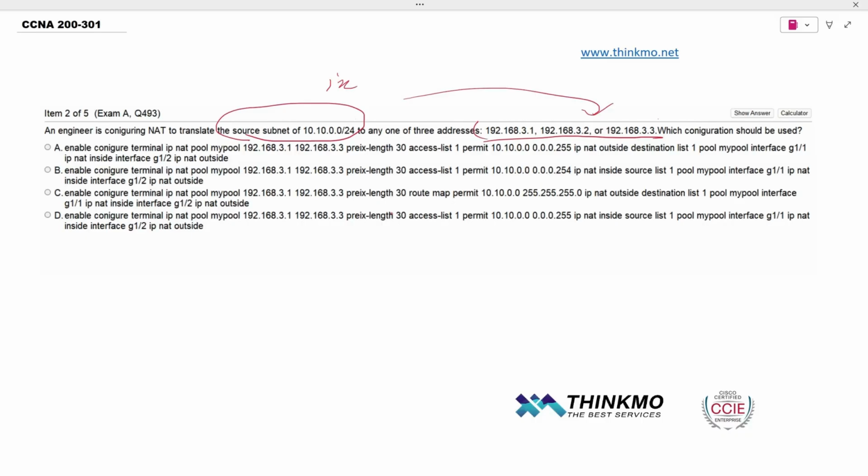Here, 3 public IP addresses are provided, which means we need to create an address pool, right? First, this enabled. All the stuff before this actually, there's no need to write it here. Enabled is just to enter this mode, enter user view, then configure terminal, then IP. From here, this is the configuration, creating an address pool, giving the address pool a name, then assigning it addresses from 3.1 to 3.3. After that, you write an access list, which is an access control list, and specify who